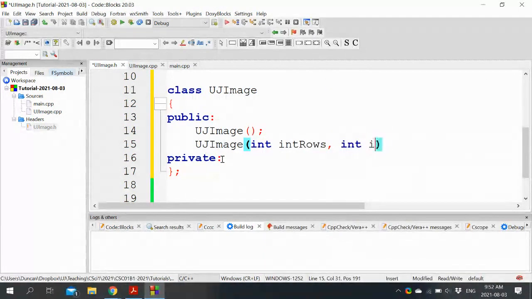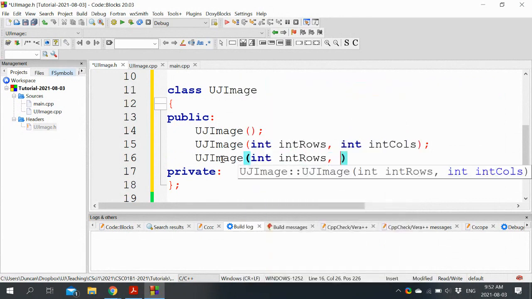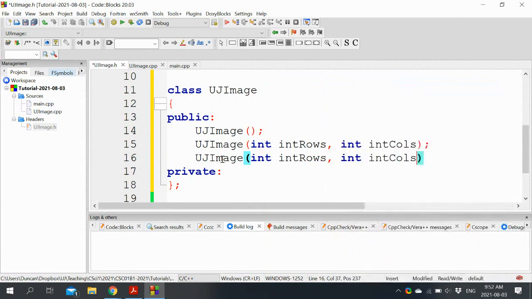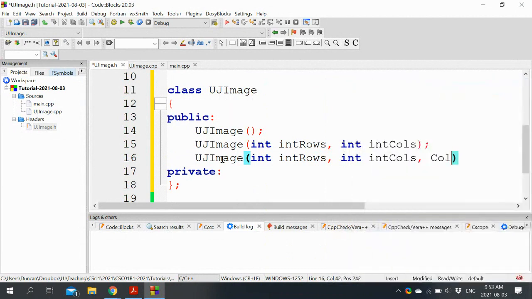We'll have a constructor where we will be able to specify the rows and columns. We'll have a constructor where we will specify everything, and the color, default color.